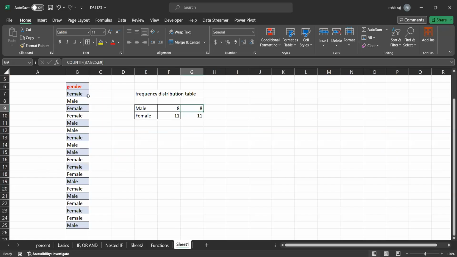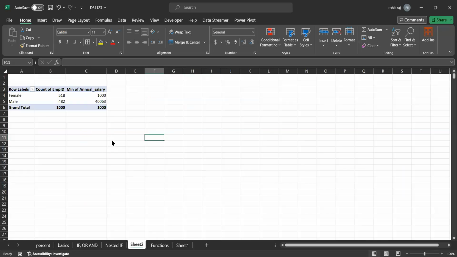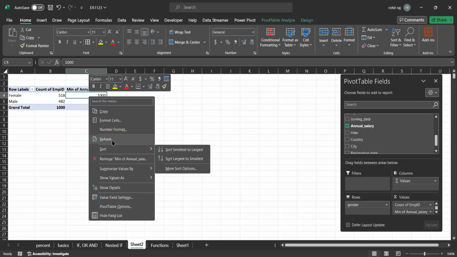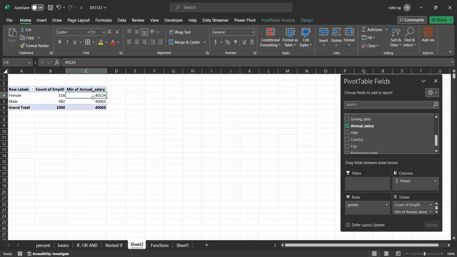Now if I refresh this, right? You can simply right click on this and click refresh. So once you refresh this, the data will be refreshed. So now you can see the minimum and maximum salaries of male and female employees. Again, the minimum salary offered to a female employee is higher here,